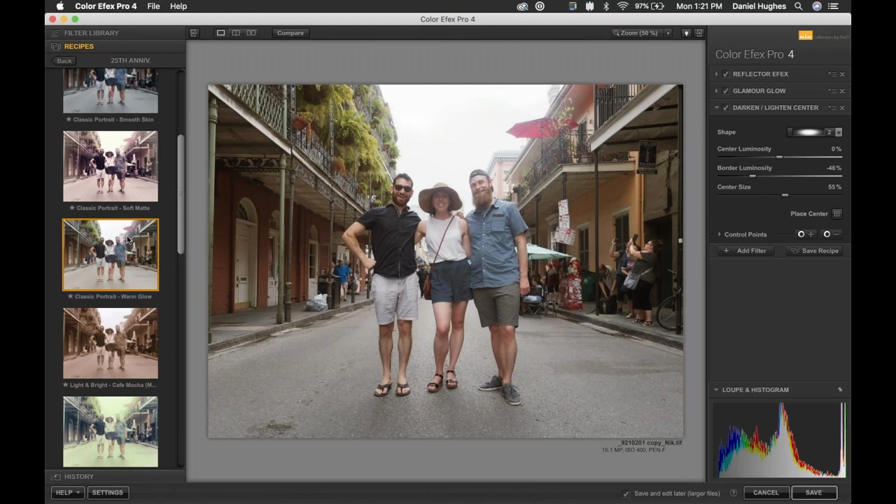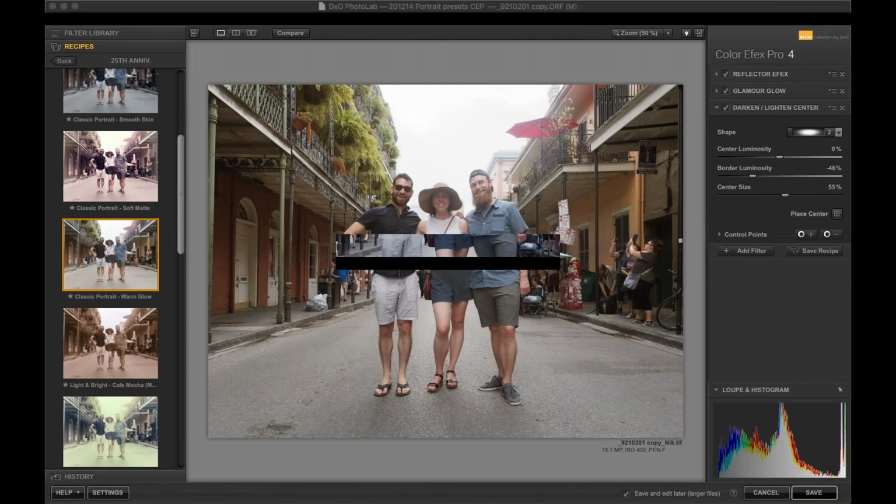You click on the recipe, it applies it to your image. Most of the time, you're going to want to go in and make changes to the filters, maybe even more subtle than what we did. But now we've got a nice effect. We're all done editing our photograph, so we're going to click the Save button in the lower right corner of the interface. Now, when I click the Save button, it's going to bring us back over into our host piece